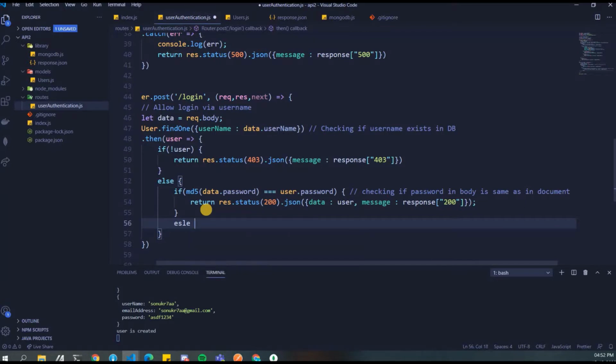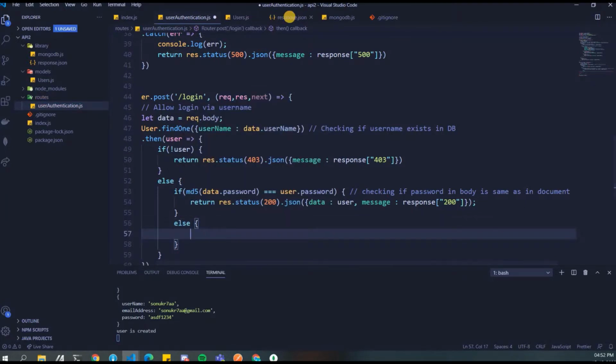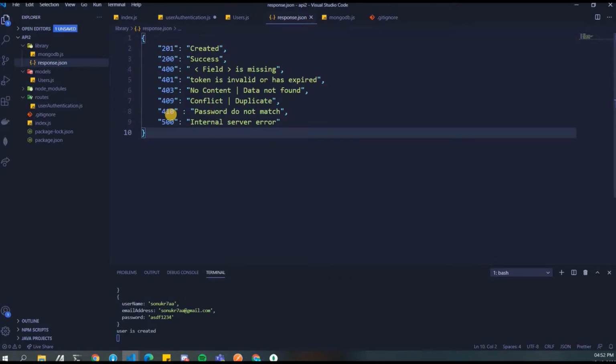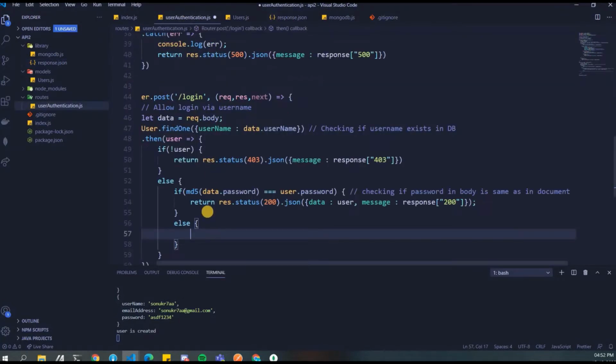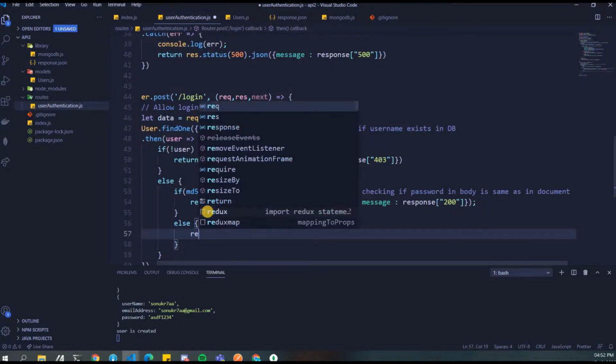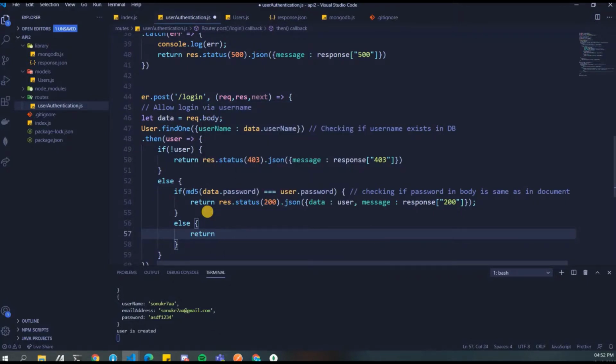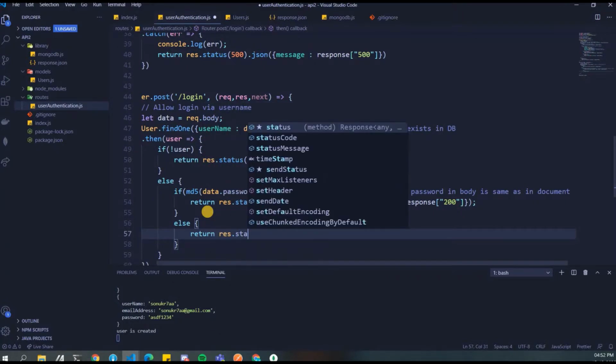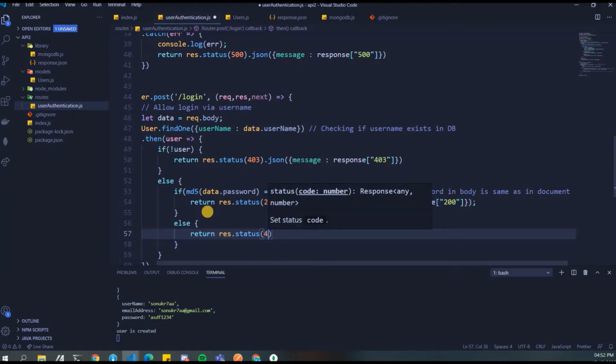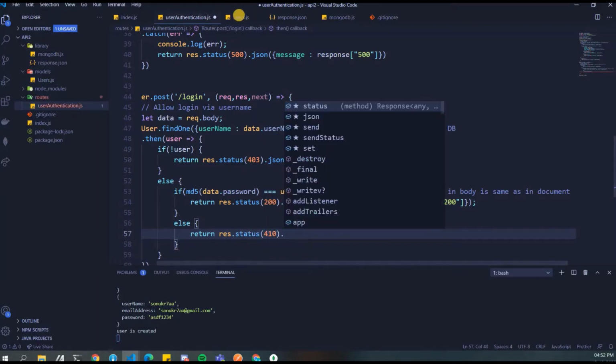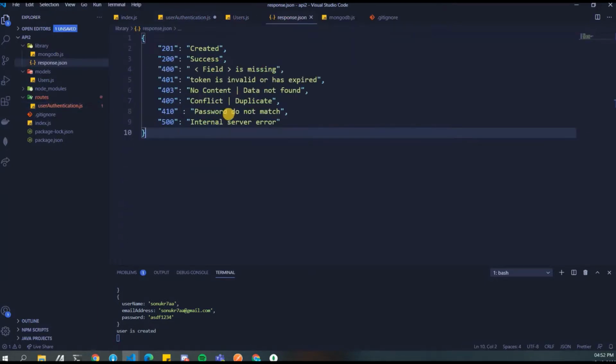So now else we need to return a statement, right? What statement should that be? Password do not match. So 410. So let's just give that 410. Don't write password do not match. Password is incorrect. Okay, so do not match means that there is confirmed password and password.